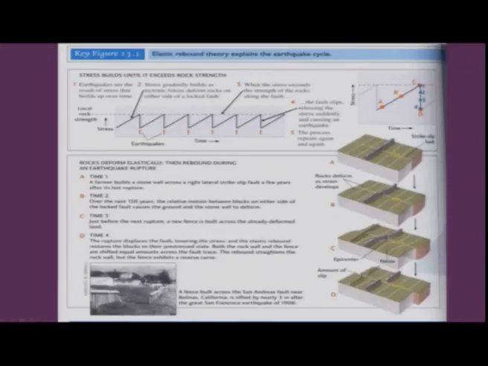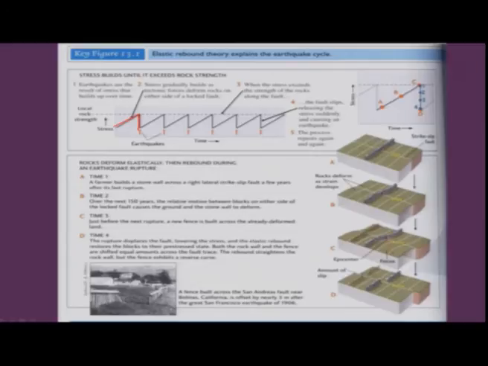Now this is a very important part, which talks about stress built up in rocks and released periodically. This is a very simple and straightforward diagram with stress on the y-axis and time on the x-axis. It says that earthquakes are the result of stress that builds up over time, and the stress gradually builds as tectonic forces act. So this is the period where the stress is building up, and the time will come when it will break. This sudden breaking or release of the energy is your earthquake. This is the threshold limit of this region, after which there will be a sudden slip of the